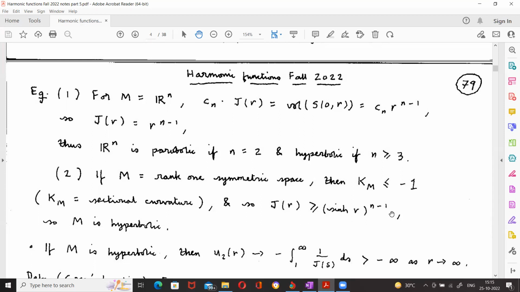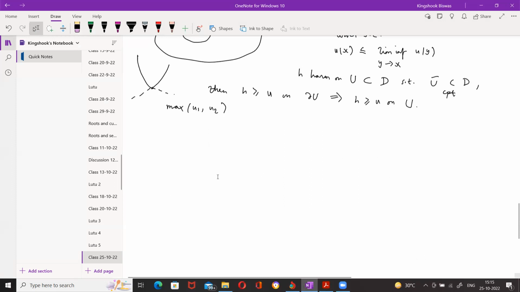And yeah, we'll do this later. In fact, what is a positive superharmonic function? You can take